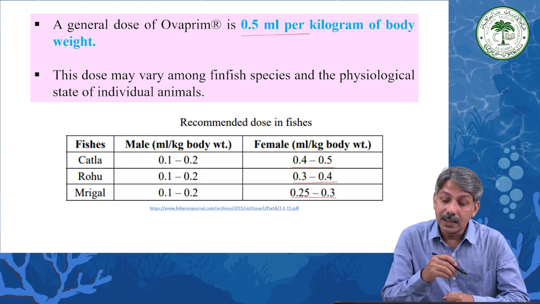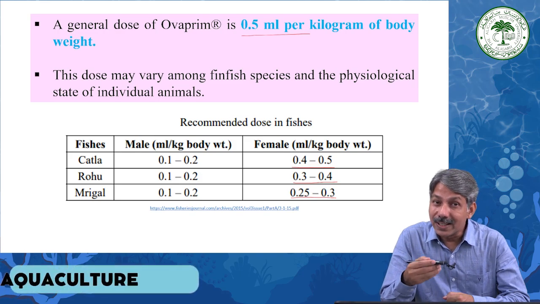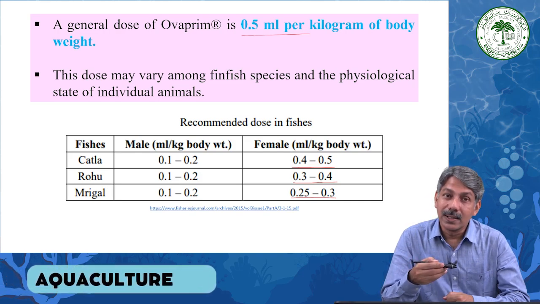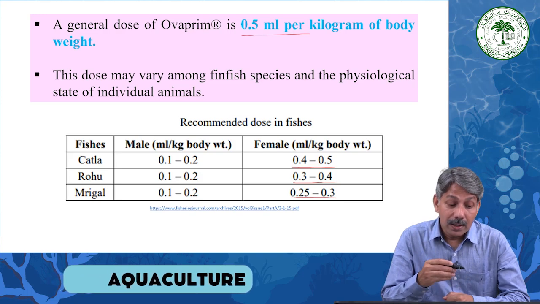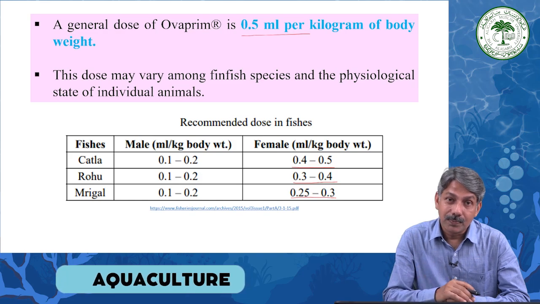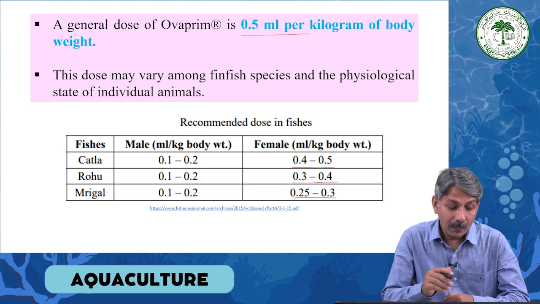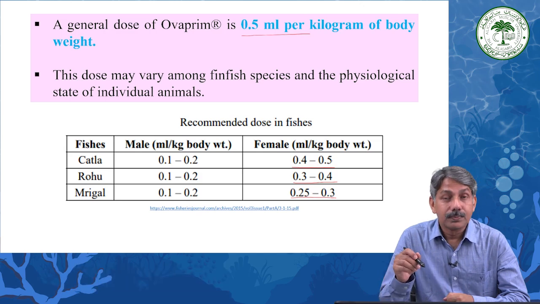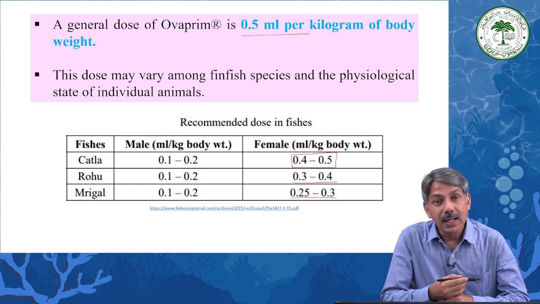Among these 3 Indian major carps, in fact, katla does not respond very well to inducing agents for induced breeding in confined waters. So, to breed katla is always a kind of challenge among Indian major carps. This is the toughest one to get induced bred. So, what we do, we have to simulate all the conditions which are required, which can give the desired environmental cues to the fish,